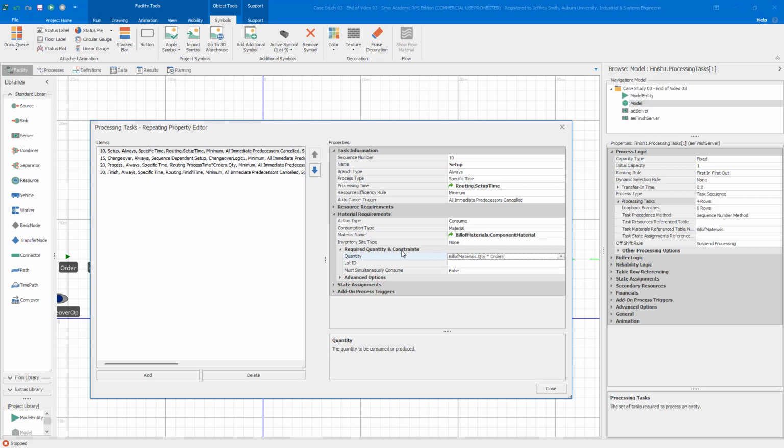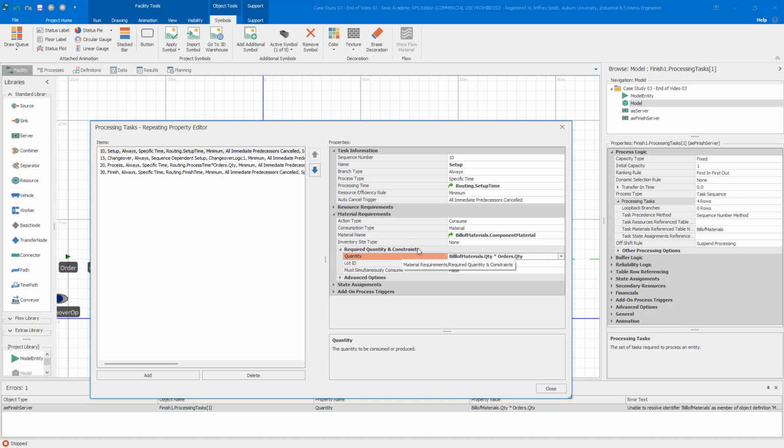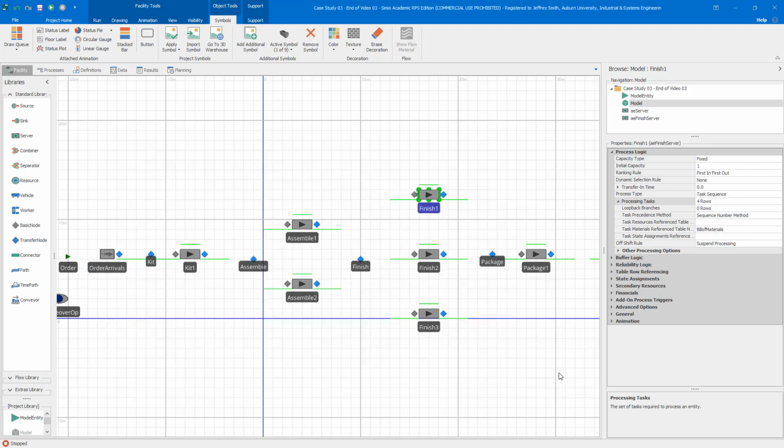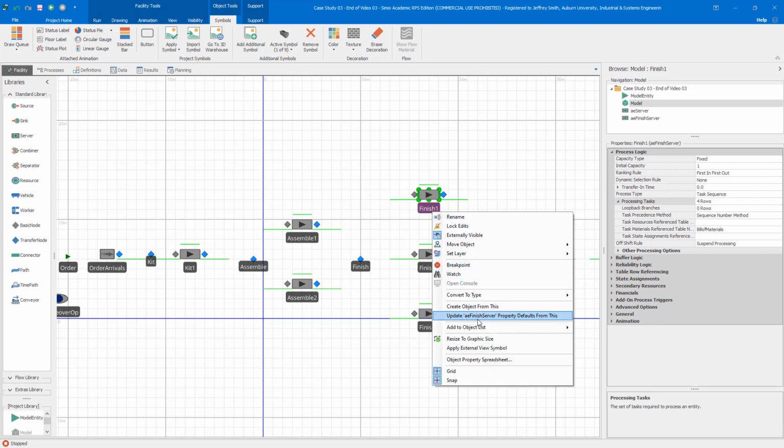QTY times order QTY. Trying to do this over my shoulder, there we go. So now we have the bill of materials, component material, bill of materials quantity times order quantity, and then we can then just go and update